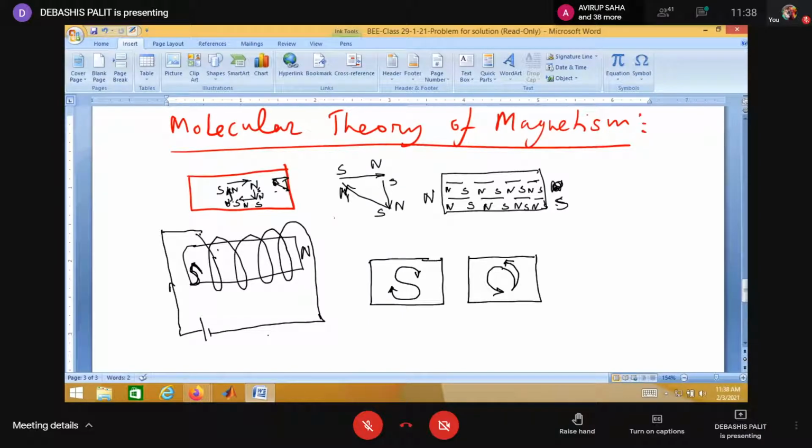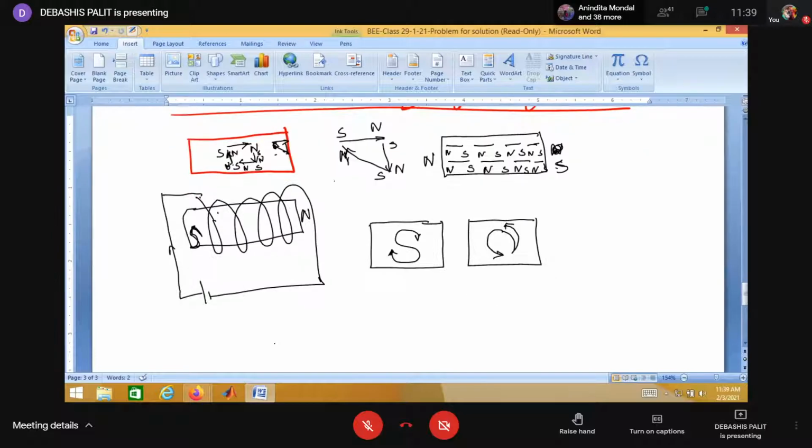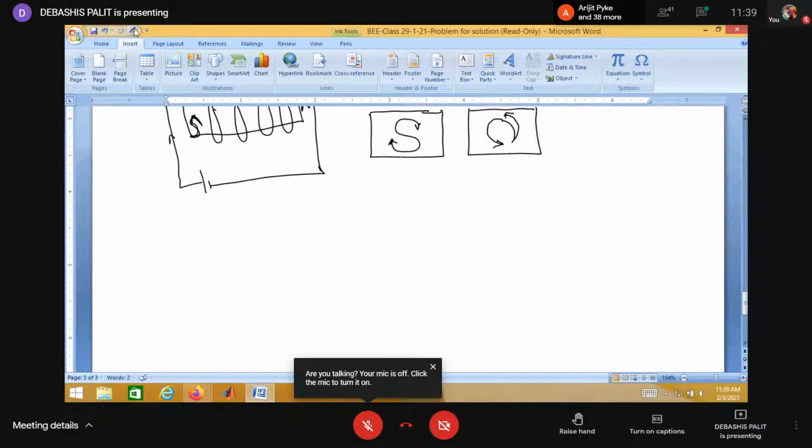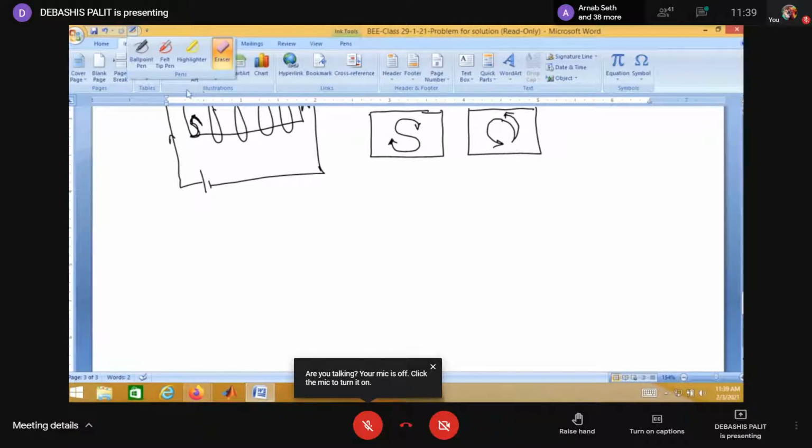Then a new theory of magnetism came, and that is called the modern view of magnetism. That is called the atom domain theory. This is the new theory, your atom domain theory. This new theory can explain why water cannot be magnetized, or quartz cannot be magnetized. These are the diamagnetic materials. And why substances like paramagnetic material, aluminum, antimony, cannot be magnetized.